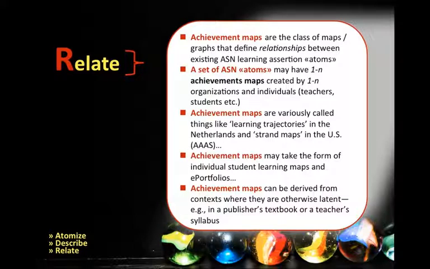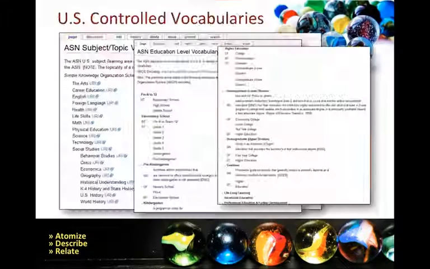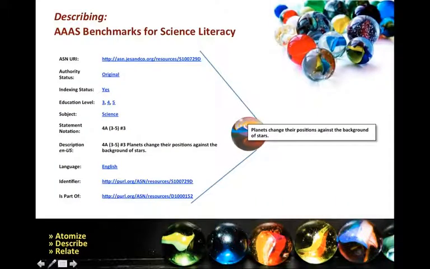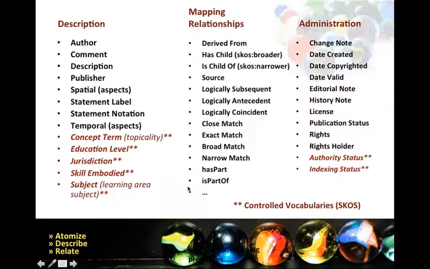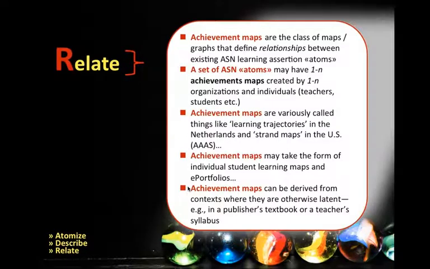And then, of course, achievement maps can be derived from contexts. For example, you may have two publishers publishing textbooks dealing with the same set of achievement standards. Excuse me, I kind of bounced myself ahead here. Dealing with the same achievement standards and have very different achievement maps, different methods. In other words, I think "methods" is a term used here in the Netherlands. Different methods, and you can capture those with achievement maps. So achievement maps are this category.